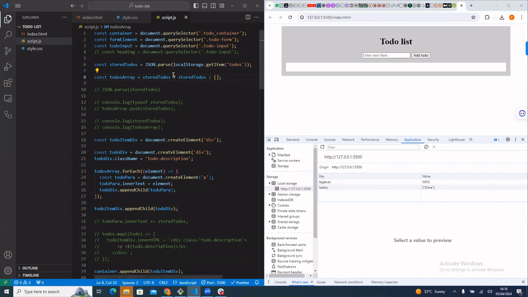If this guy is empty, we are simply saying, if storedTodos, or let me say if storedTodos.length. I know we are used to this .length, so let me use it at once. So if storedTodos.length equal to 0, if this is true,